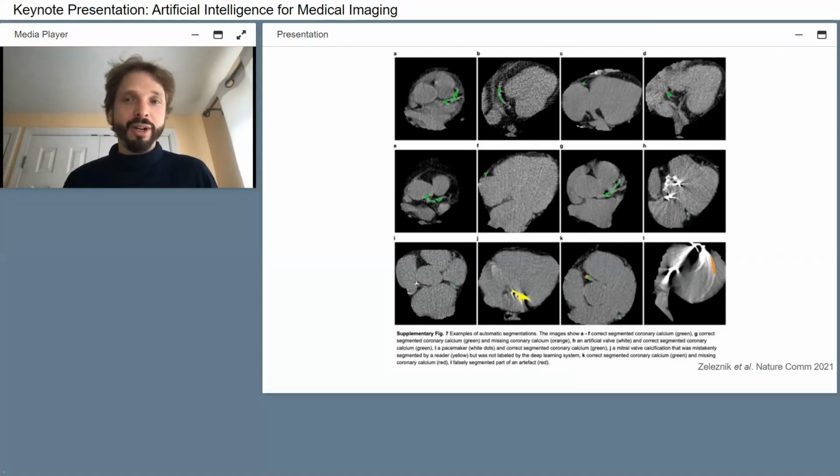Why does it go wrong, right? Is there a pacemaker or not? Is it a stent or not? How stable is this algorithm against these different things? How can we improve the algorithm? Because it's simply, there's too many scans to look at. So it's very difficult for us to check all the outputs